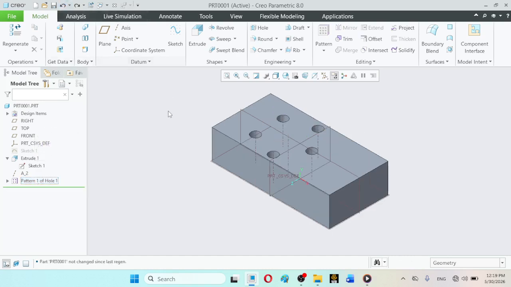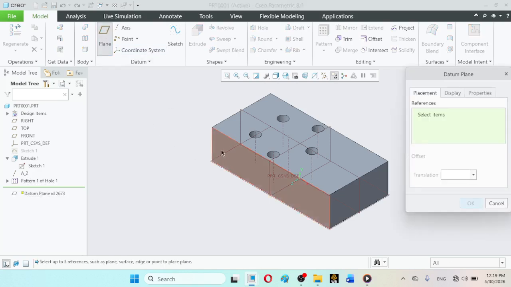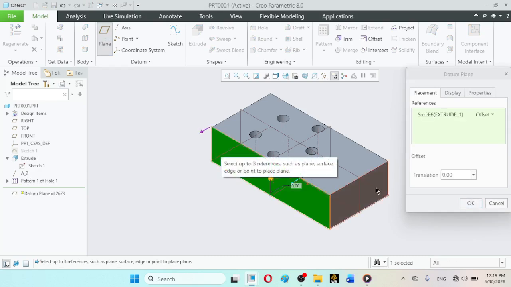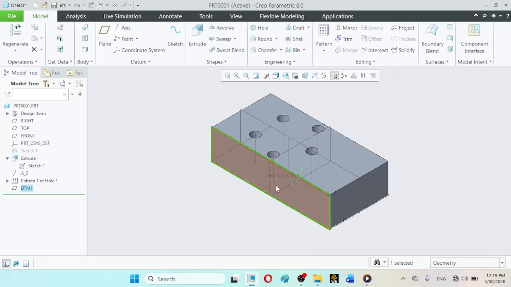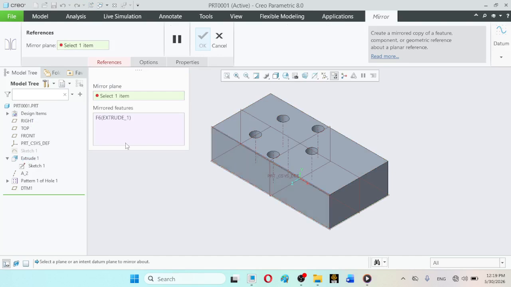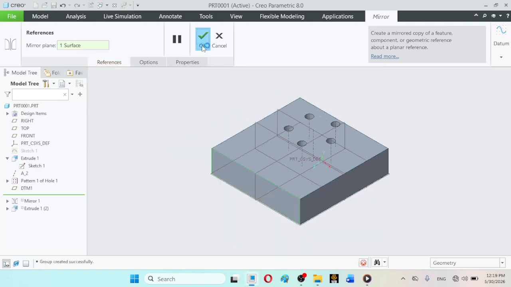if you necessarily want this pattern to also be patterned out, you can for example create a datum plane. Here you can say coincident at 0 distance. Just click on OK. Then you can click on extrude like this, click on the mirror command and select this plane like this, click on OK, and